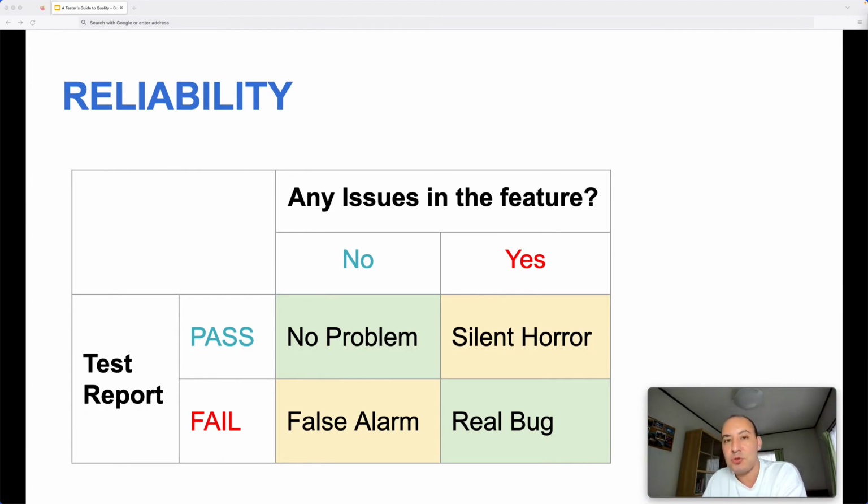So we will miss the issue, we will have some escape bugs. So these kinds of reliability issues are resulting in some critical issues. On the one hand, it will be some extra maintenance or analysis efforts. On the other hand, maybe we will have some escape bugs. So these are the issues stemming from reliability weaknesses in the test code that we are developing.